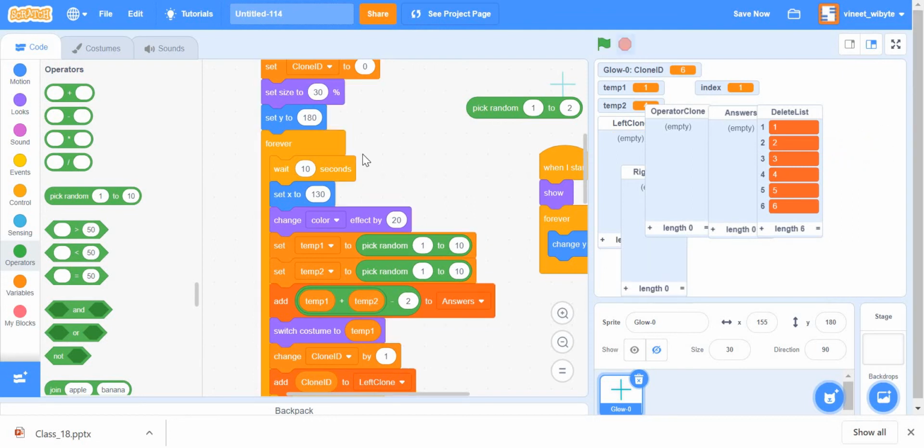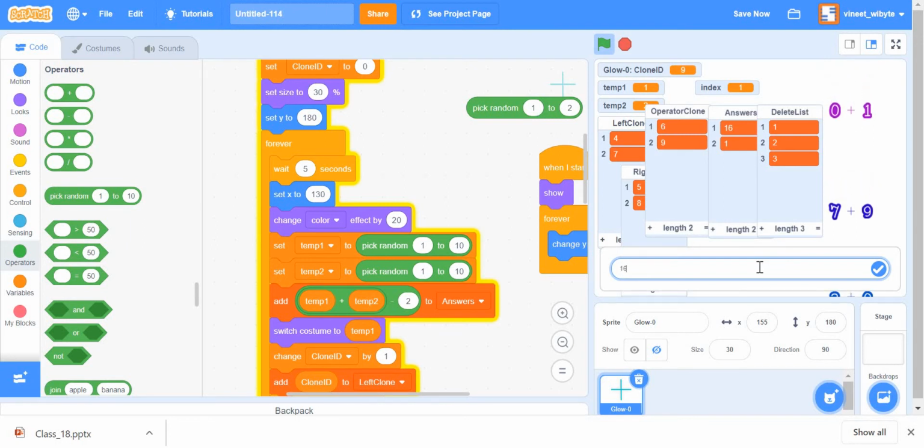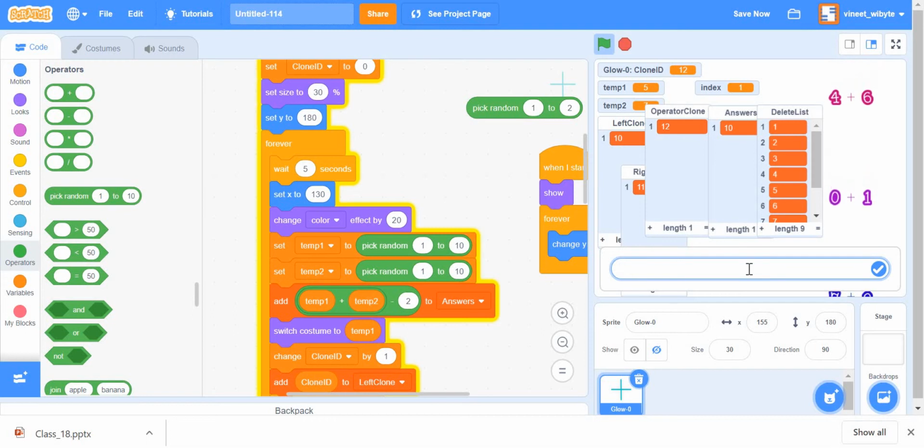But maybe I'll reduce this time a little bit to see if we can get some repeated numbers coming back, right? So for example, 2 plus 0 is 2, right? So that's answer 2. If I answer 2, that goes away, right? I got 7 plus 9, which is 16. I hope I get, okay, 16 did not repeat still. So I put 16. Let's say I put 1, and all of this is going to get in the repeat list. 4 plus 6 is 10. Let's see if I can get another answer. Okay, now we got 10 and 10, right?